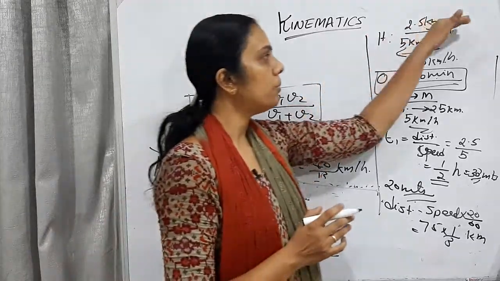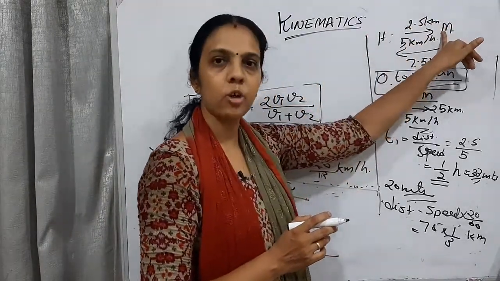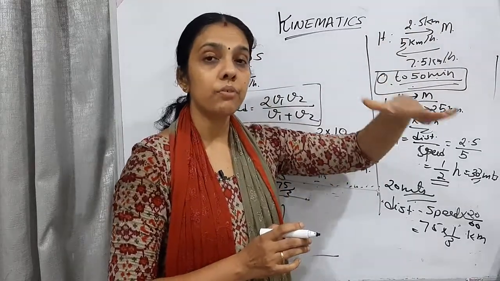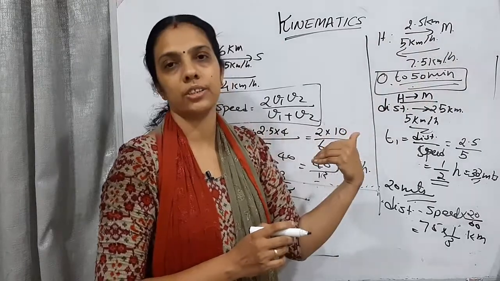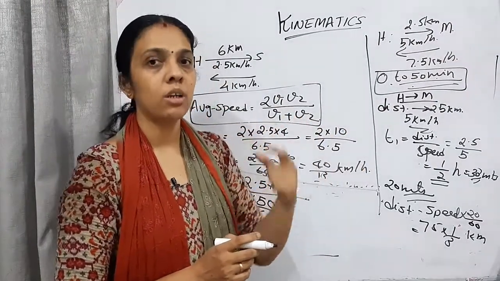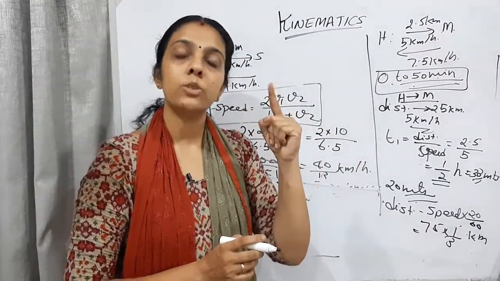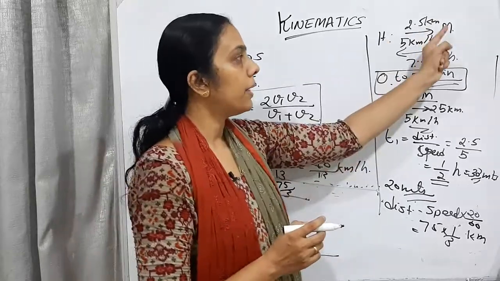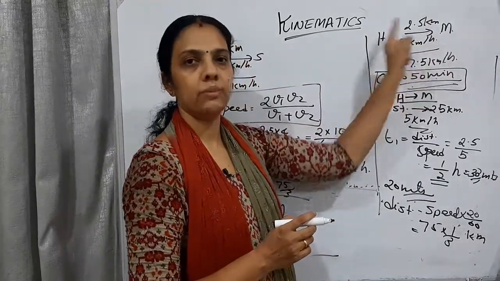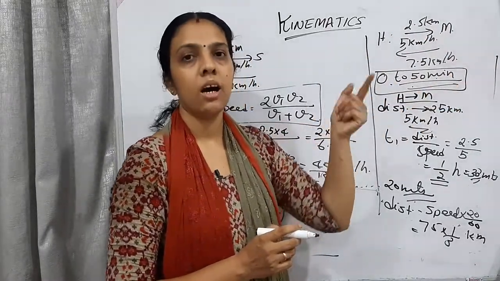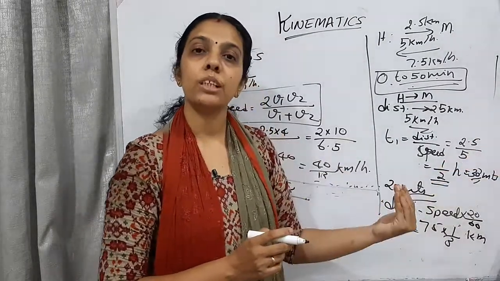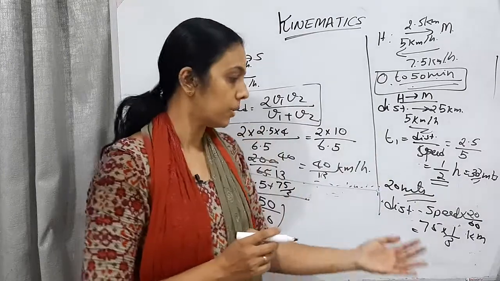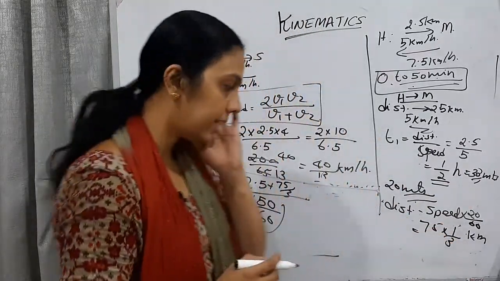So, in the forward motion, it is covering 2.5 kilometer, that one we know. In 50 minutes, till where will he be reaching in the return journey? That one we need to find out. For that, how long will it take to complete the forward motion, that is home to market? How long will it be taking? Half an hour. So, in the rest of the 20 minutes, how much distance is covered? That is 7.5 by 3 kilometers.